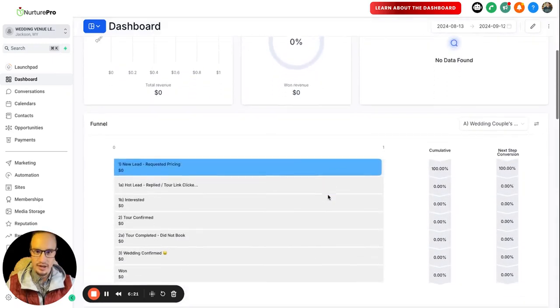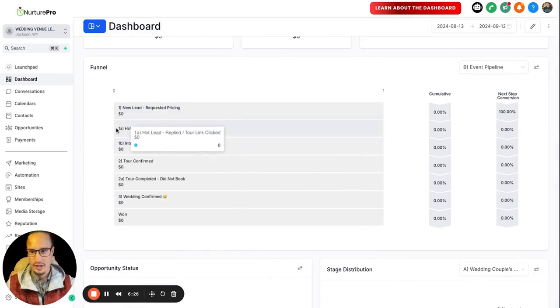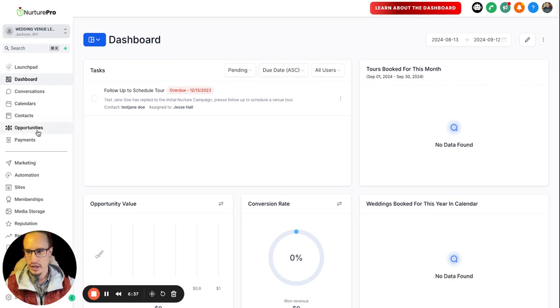And you can see that reflected here. We switch to the event pipeline. You can now see which leads, or the stages that you've updated that to. So now we have the